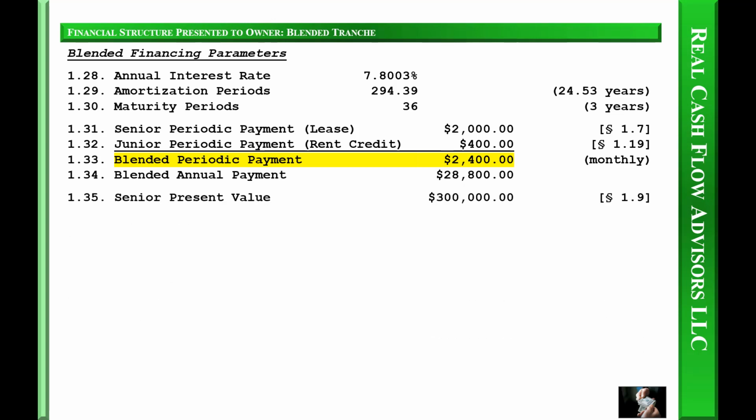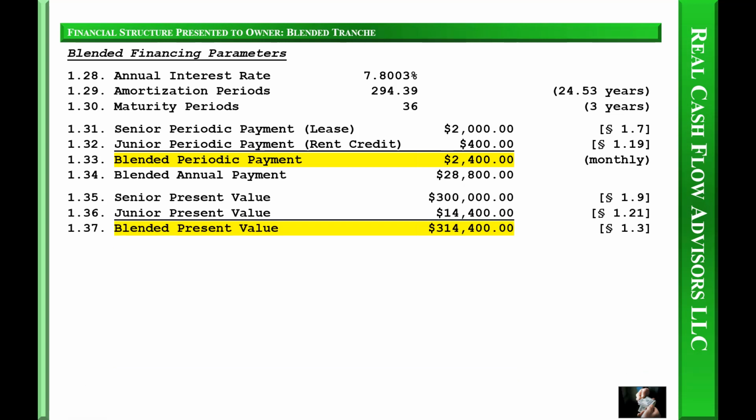Senior present value, $300,000. Junior present value, $14,400. Blended present value, $314,400. This is the total financed price for the property.